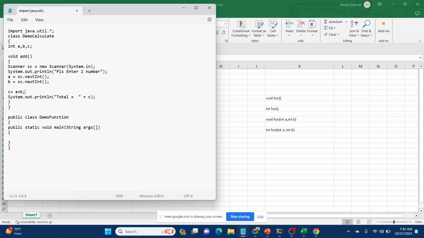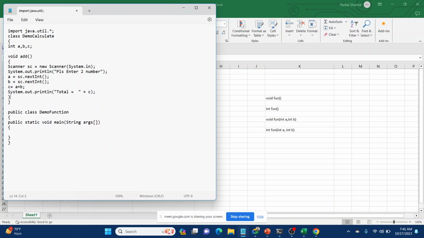So we have created a class called DemoCalculate, and what it will do, it will add two numbers in this function called add. So how to access this function? Wherever we need to use it, we first need to create an object of the class.